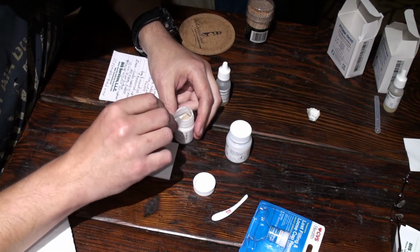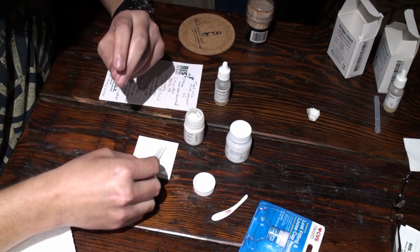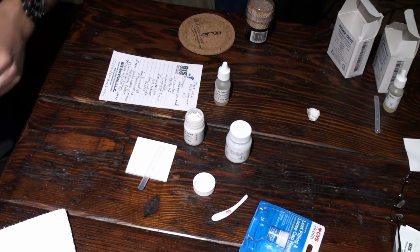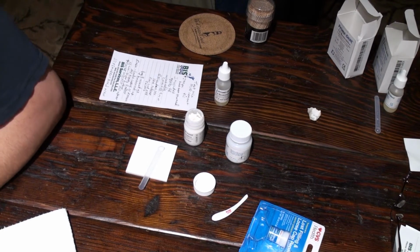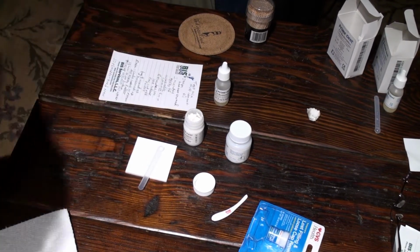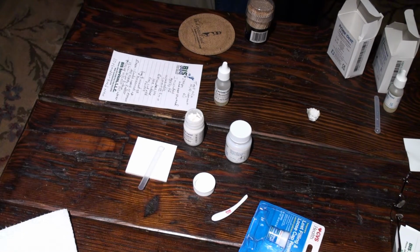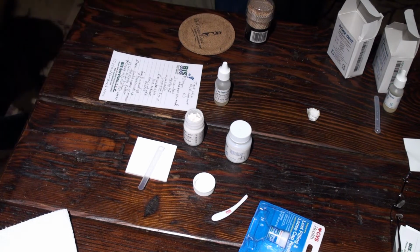Oh, you know what I'm forgetting to do? The gloves. I don't know if it makes that big of a difference. This is in real time, folks. Real time here. Okay, I have a whole box of gloves. These gloves are not medical grade either, so hopefully they're not those gloves that